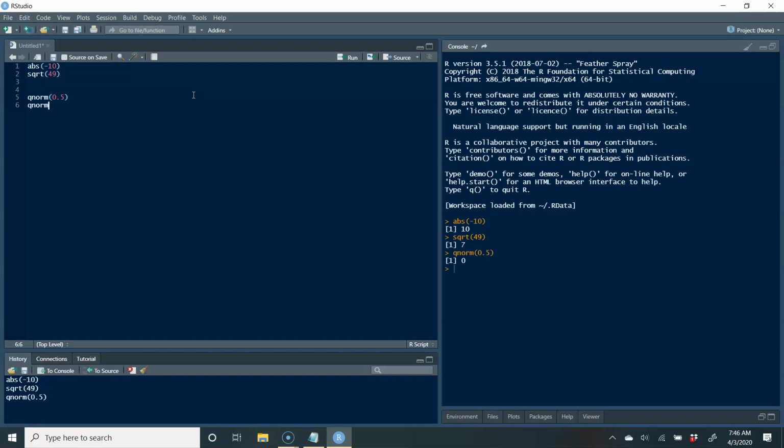If I do qnorm of 0.65, I get my critical value. Or I do qnorm of 0.025, I get my critical value. Or if I wanted to use the t distribution to find the critical value, I use qt. Okay, so then I'll do